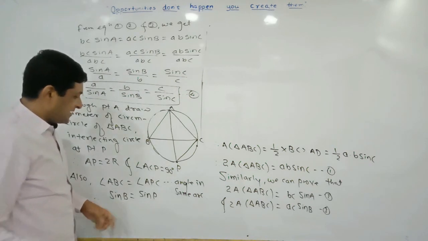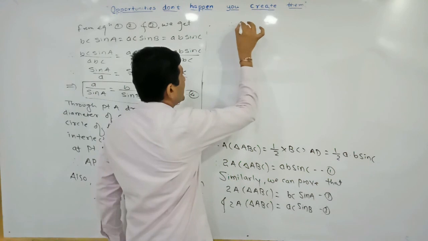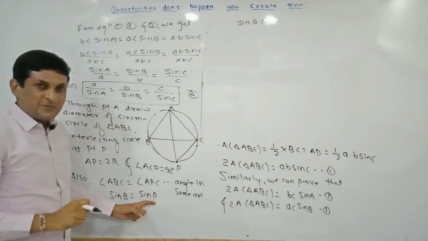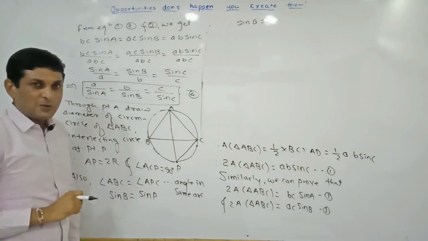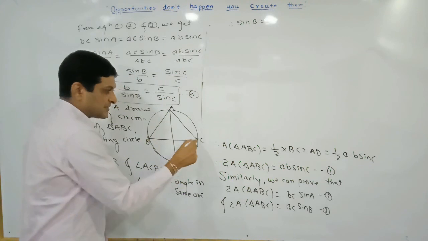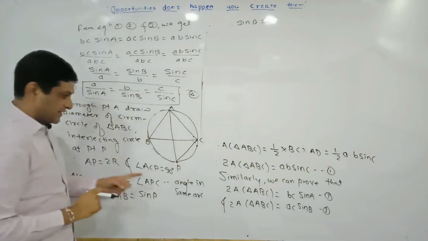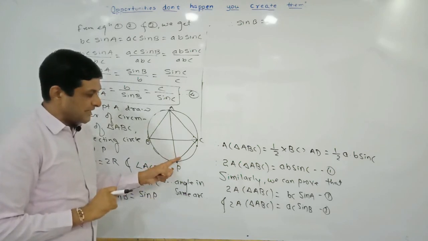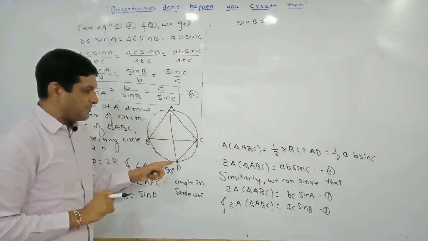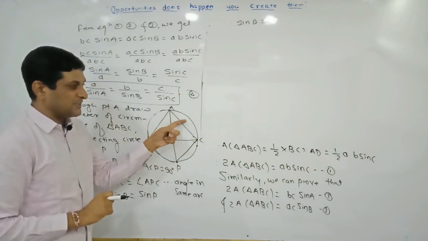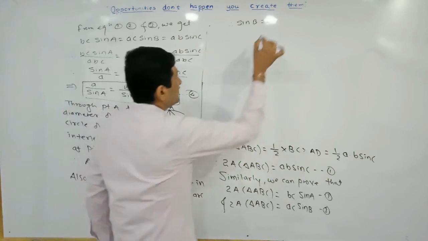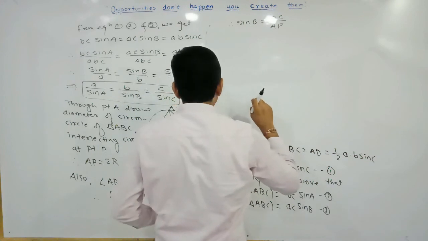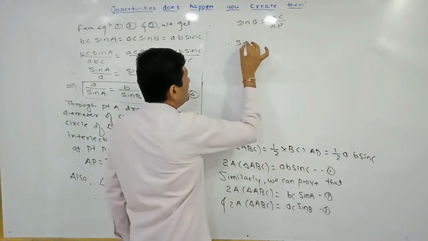Now keep the left hand side as it is, sin B as it is. Now we are substituting the value of sin P. To find the value of sin P, we are considering this triangle. In this triangle we have already proved that this angle is 90 degrees, so this is a right angle triangle. In this right angle triangle, the value of sin P is equal to opposite upon hypotenuse. The side opposite to 90 degrees is the hypotenuse, so AC upon AP, where AC upon AP is nothing but the value of sin P.